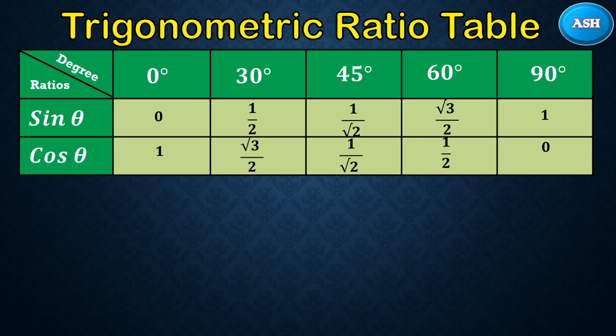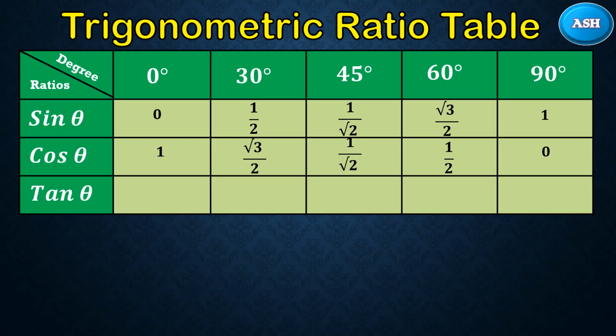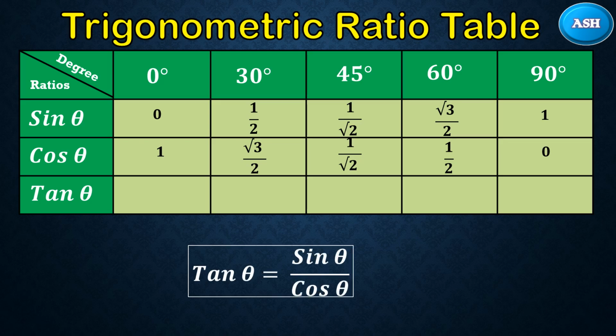Next, our third ratio is tan theta. Consider the trigonometric formula, that is tan theta is equal to sine theta upon cos theta. If you are new to this formula, you can just pause this video, go back and refer our video of easy tricks to learn trigonometric formulas using magical hexagon and come back to this video. I am providing the link in the description.